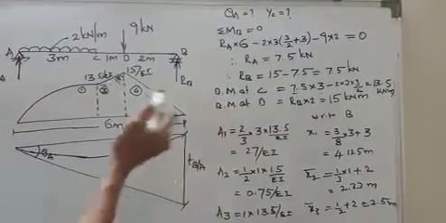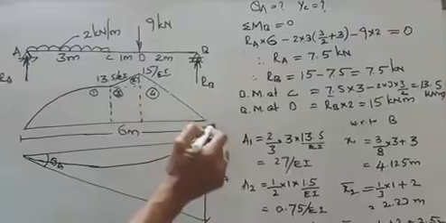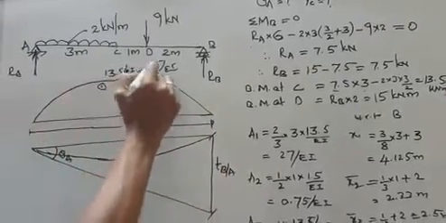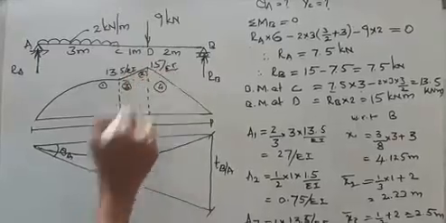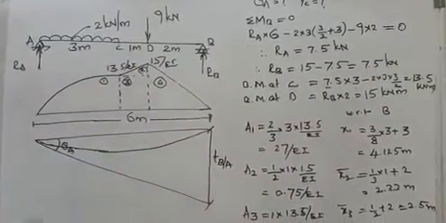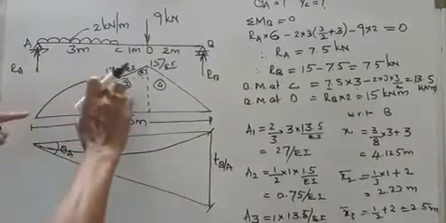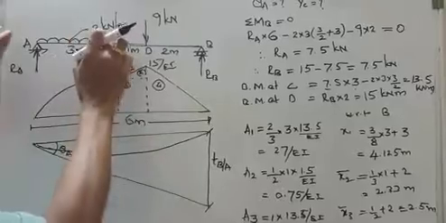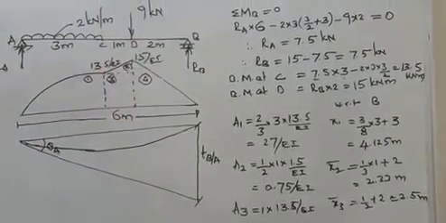So once you calculate the bending moment at C and D, you join from A is 0, D, B is 0, A to C, C to D, then again 0. Here it is 13.5 by EI, here it is 15 by EI. These are the bending moments, these are M by EI values, and this is the M by EI diagram. Now here it is parabolic because it is carrying UDL for this portion. The rest of the portion is linear variation.